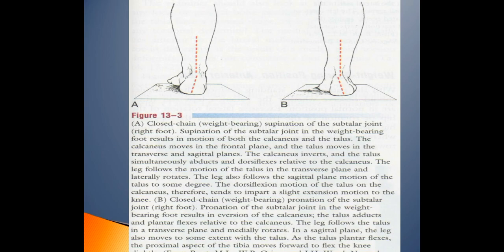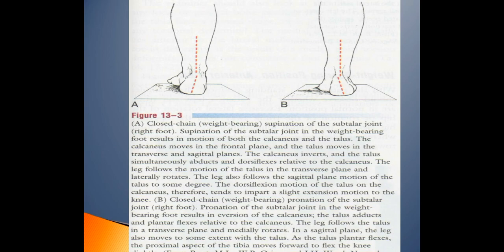The calcaneus inverts and the talus simultaneously abducts and dorsiflexes relative to the calcaneus. The leg follows the motion of the talus in the transverse plane and laterally rotates. The leg also follows the sagittal plane motion of the talus to some degree. The dorsiflexion motion of the talus on the calcaneus therefore tends to impart a slight extension motion to the knee